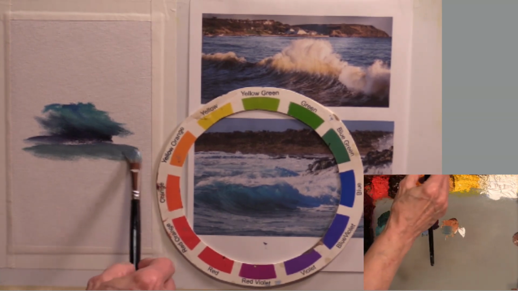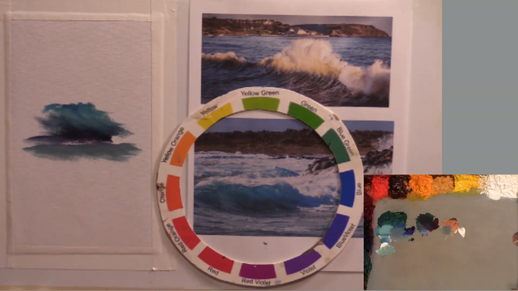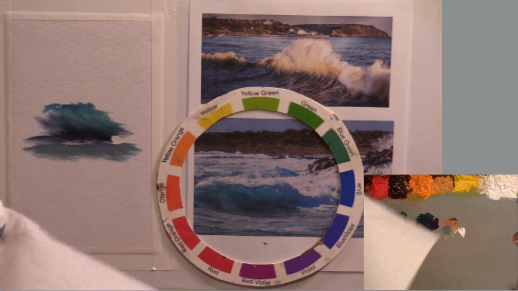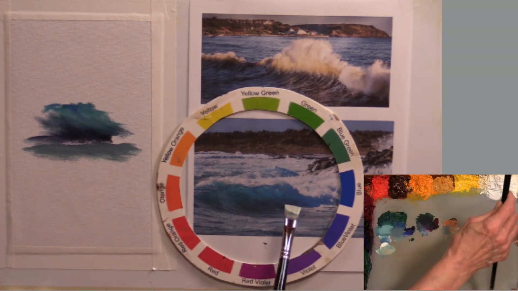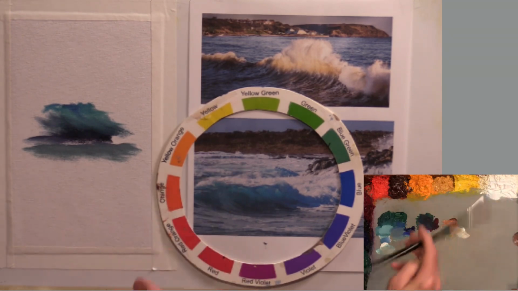All right. Now let's get the lighter part. For that, I'm going to pull the wet part of the paint out of the brush, and move into the light. And let's just see just how light is that light. Let's not assume that it's pure white, because it's not. And see, that is just